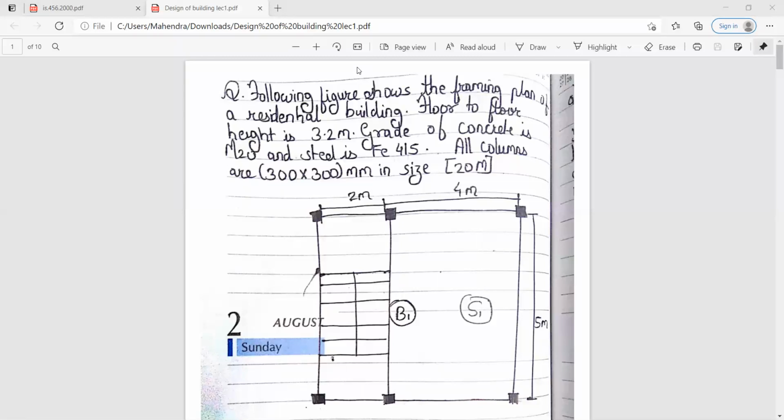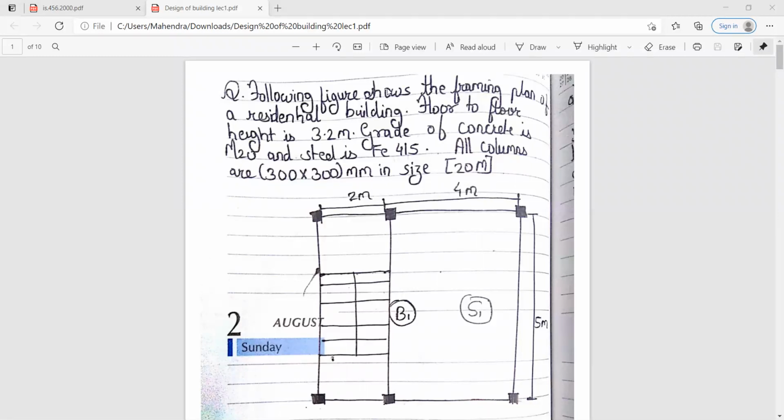So we'll start with the design of comprehensive building, that is your module number 1. In this you need to design different components of the building like slab, beam, column, footing, etc. Staircase, already we had seen the design of the staircase. So now in this particular chapter you need to design for the beams, the columns, the slab and the footing. So we'll start with this sum.